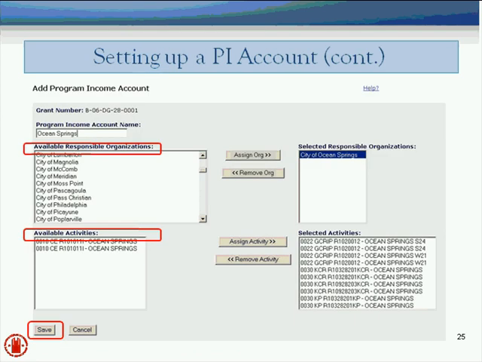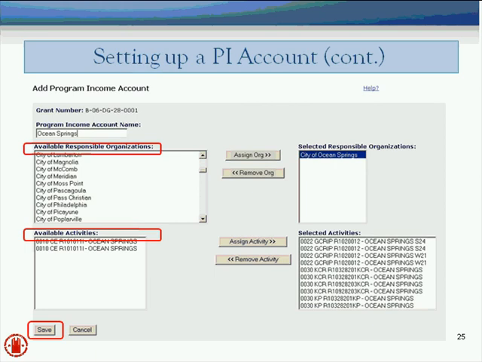And then this is a little bit, if any of you have worked with the census tract screens, it's built a little bit like that. All you're doing is creating an account name. On the top, you're going to have available responsible organizations. It's just a filter for what activities display in the bottom screen. So in this case, with the state of Mississippi, you might have organizations here,